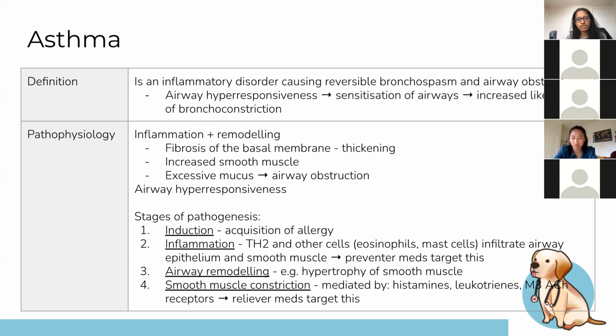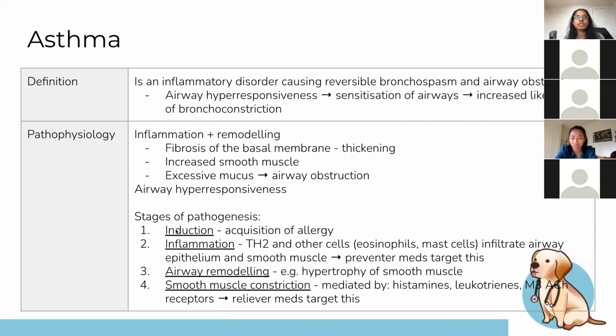So regarding the pathophys, most of the changes are due to this airway hyperresponsiveness. So basically a normal allergen like pollen or dust is going to present inside the respiratory tree, and it causes an overreaction by your immune system. It'll be gone through in immunology, but the overall message is that eventually you're going to get remodeling that will lead to airway obstruction. So these are the ways that you're getting